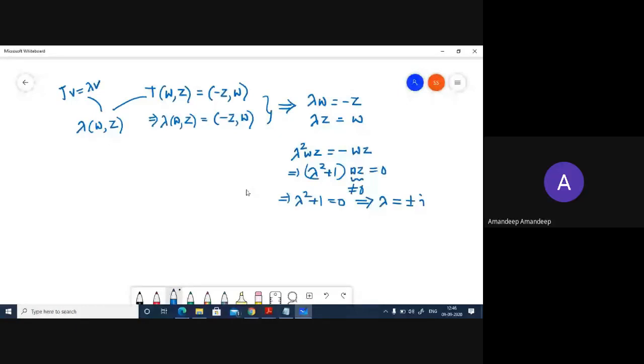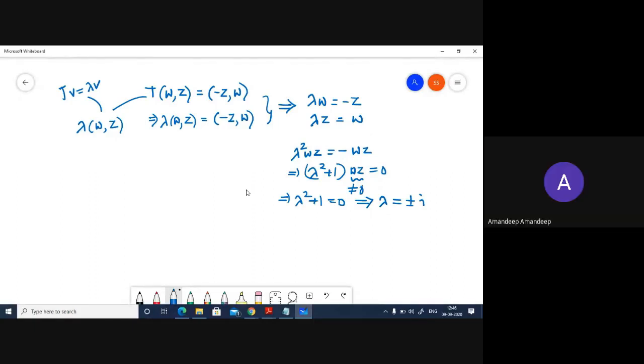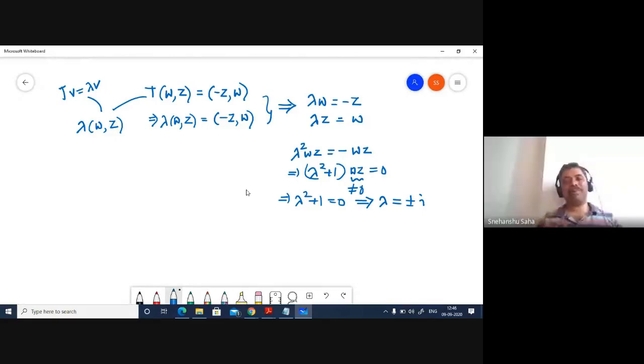One of them could still be 0, right? So W times Z could lead us to 0. Now think about this. These W and Z are scalars, right? When you look at W and Z individually, these are scalars. In a group theoretic setting, there is a possibility that one of the two elements is non-zero and still the product is 0. But there those group elements are different. Those are not scalars.